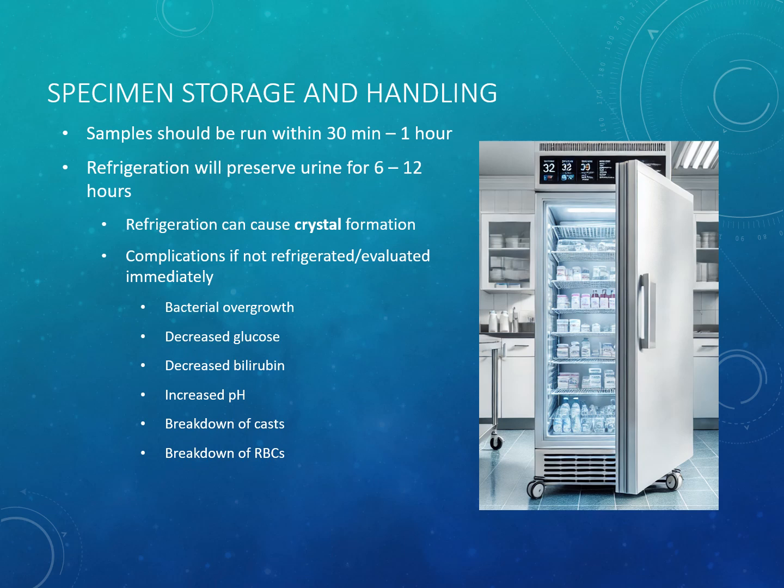If urine is not refrigerated, there are worse complications than refrigerating it. And this is the possibility of bacteria growing in the urine if it's not refrigerated. The glucose and bilirubin levels can be decreased, the pH can become increased, and also any casts or blood cells that were in the urine will start to break down and we won't be able to see them. So anytime you either have a sample that wasn't refrigerated right away, or you have a sample that was refrigerated for over a few hours, you can expect to run into some of these complications when observing the sample and